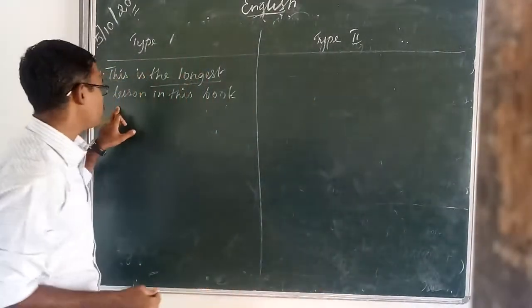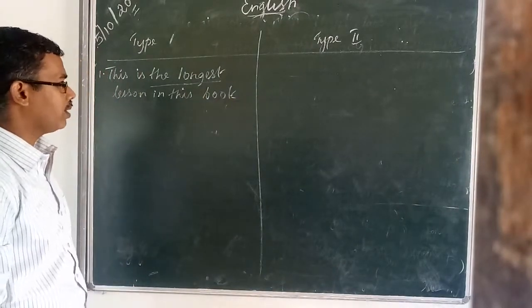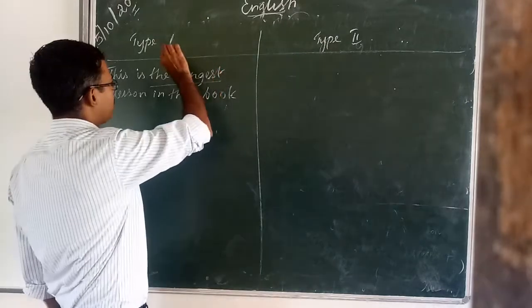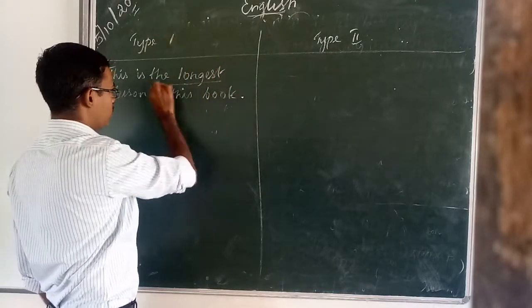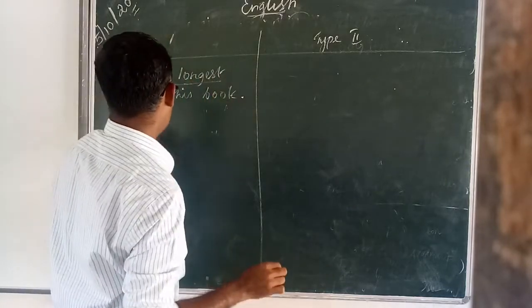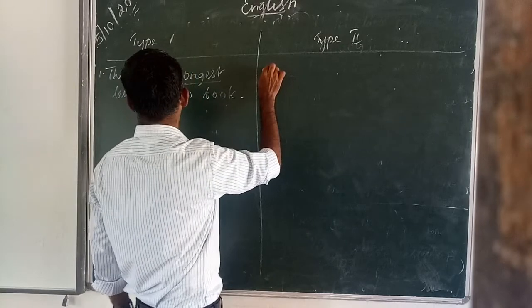And how to change it to type 2 superlative? That means you are selecting the topmost of the list here. So you are using the longest. Here, when you change to superlative degree in type 2,